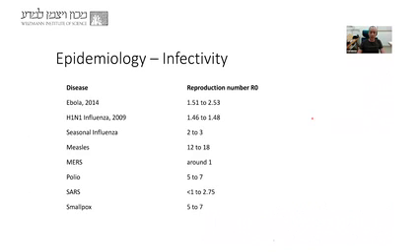Now, a very important aspect of viruses is how they actually spread in the population. There is a number that is derived from computational models that are fitted to the data of the patients, trying to predict basically from each patient how many other people might get infected. So this is the reproduction number that is shown here, or R0. And you can see that different viruses have different numbers.